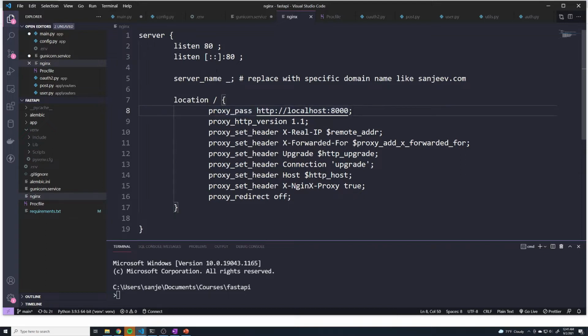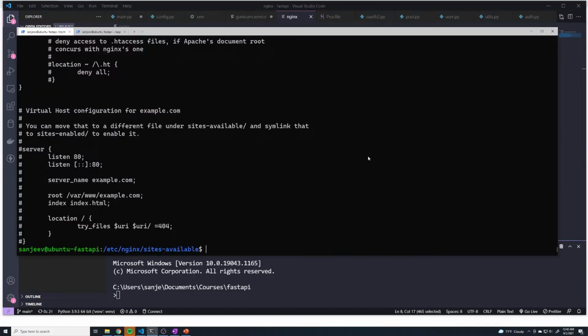But all this is saying is that any requests that match the root path or beyond, essentially, is going to get proxied to localhost port 8000, which is what gUnicorn is running on. So you just specify the IP address and the port that you want to proxy traffic for. And since gUnicorn was configured to run on port 8000, we're just going to forward it to gUnicorn in this case. So I want you to just copy these lines here, and we're going to go in,